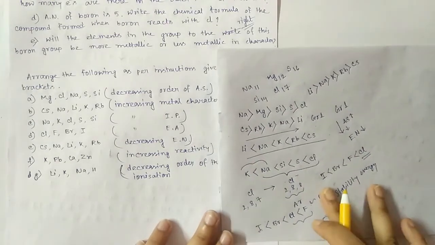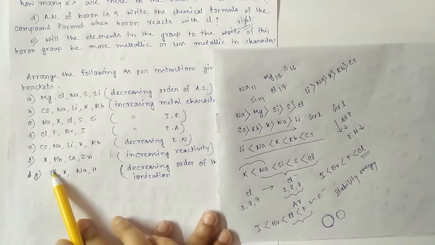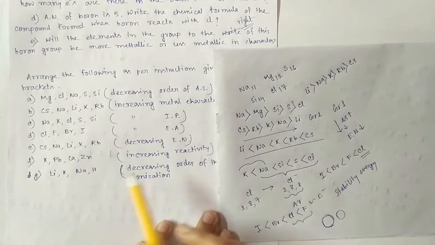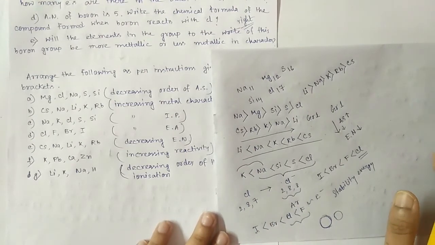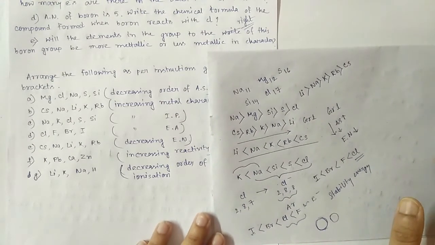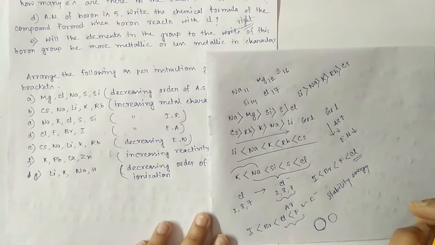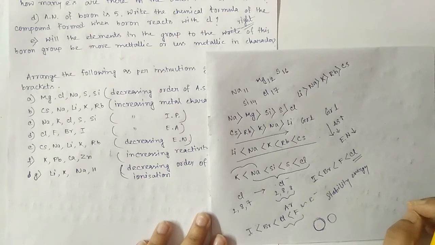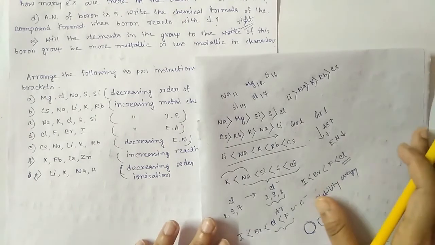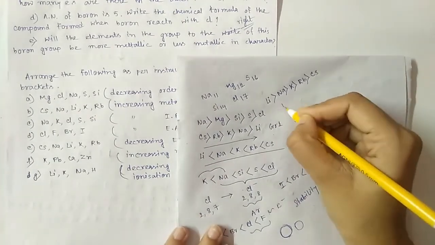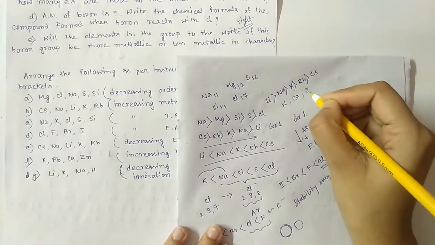Okay, so my next question is potassium, lead, calcium, zinc, in increasing reactivity. Reactivity depends on the metallic character. Metallic character means that if the tendency of losing an electron from the outermost shell of an atom increases, then its metallic character also increases, and as the metallic character increases, its chemical reactivity also increases. So if you observe the periodic table carefully, we will find that